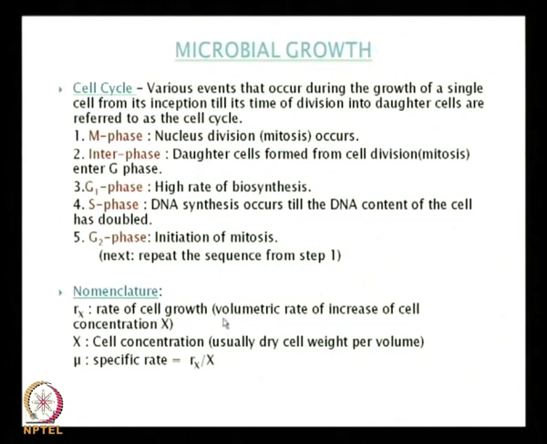Because what we are essentially trying to do is quantify the rate of cell growth. Now, what happens if you are doing an experiment in a lab, for example? You do a process known as incubation of cells. So, you take a petri dish or a chemostat or something like that, and you start off with what is known as a starter. So, you start off with some cells, and then you incubate them, you provide nourishment, nutrients